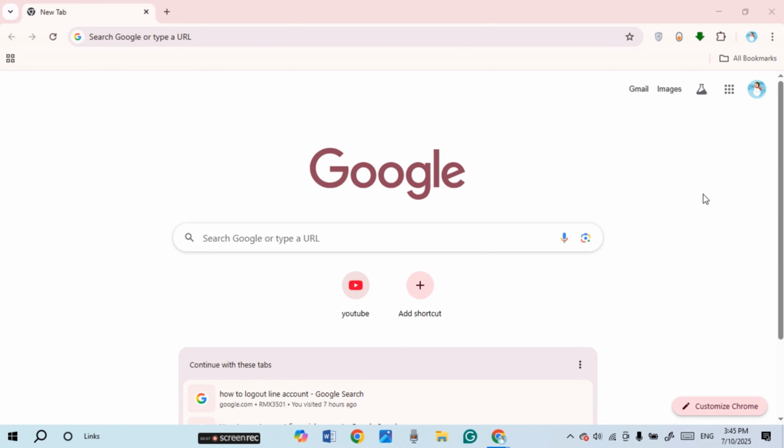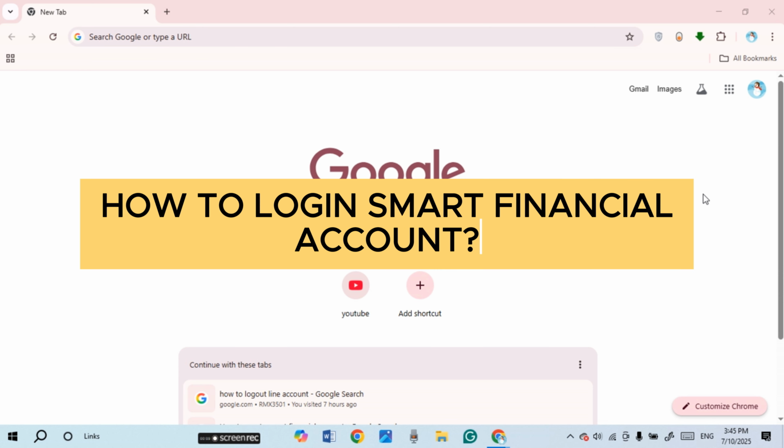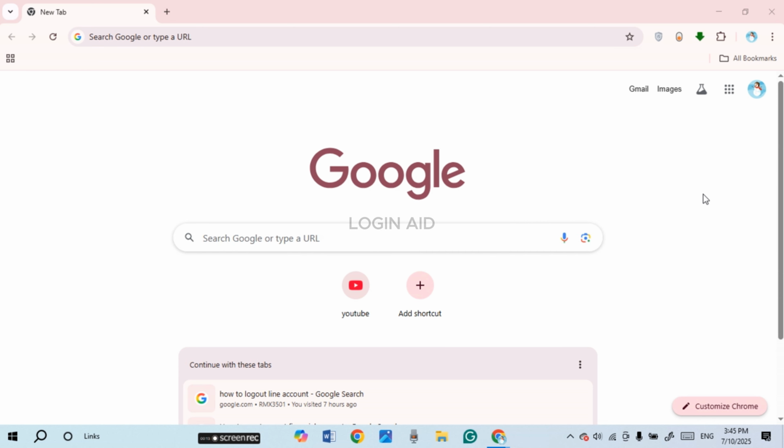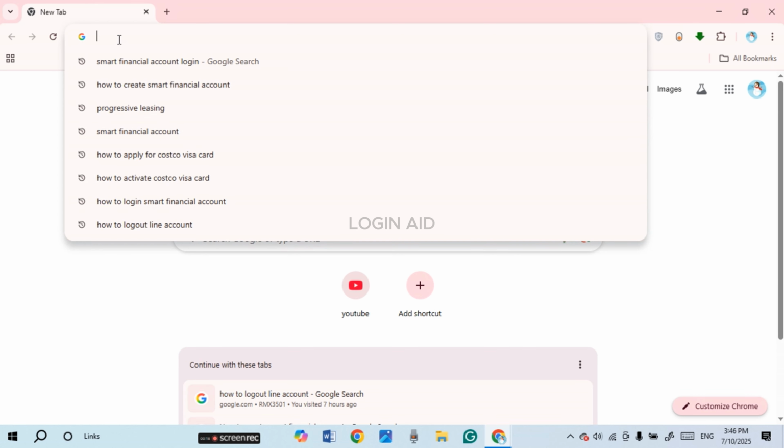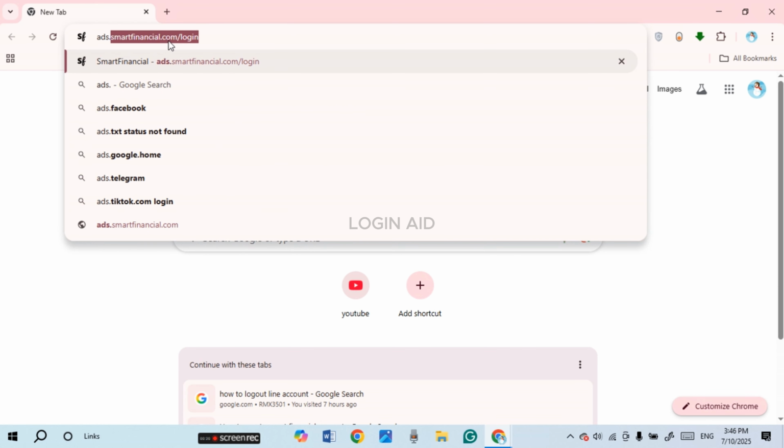In this guide video, I will show you how to log in to your Smart Financial account. So first of all, what you have to do is launch any browser of your choice. You can see over here I've opened Google Chrome. Now click on the search bar and type in